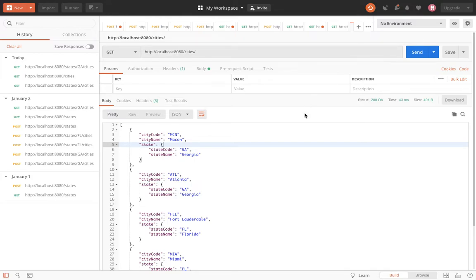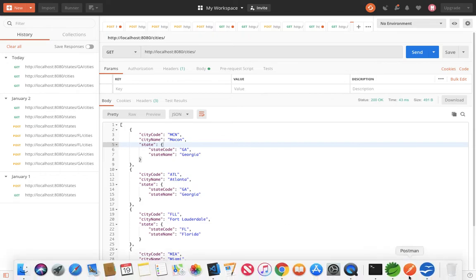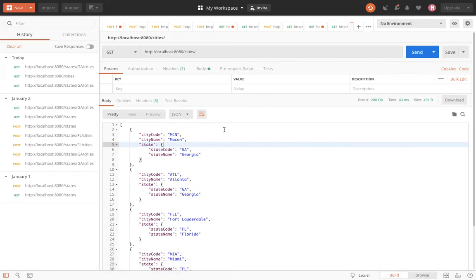This is the Postman app, which is highly popular among developers. It can be used for interacting with HTTP APIs, and it gives a really nice GUI for constructing the request and reading the responses out of it. So these are the tools that we will need, and now let's have a look at the application that we